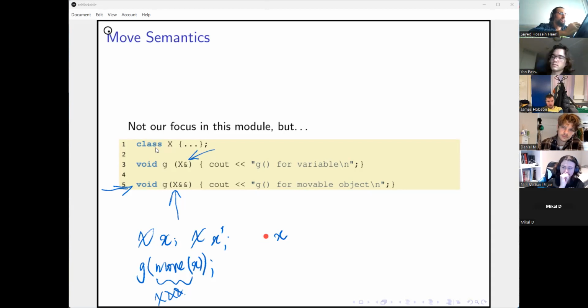If I want to send X itself to G, calling this first overload, then my program is ill-formed, because X after this call is no longer a valid variable, unless I give it some guts from somewhere else, right? Now, so that's an instance of... so let me just get rid of everything.